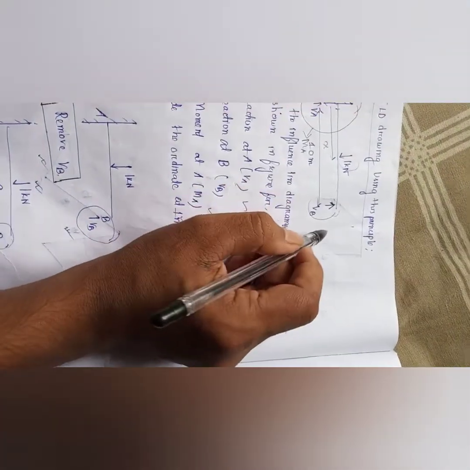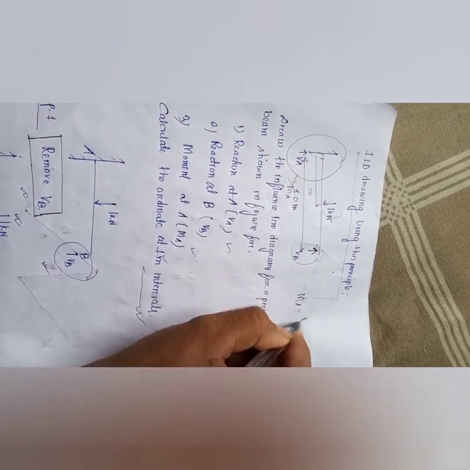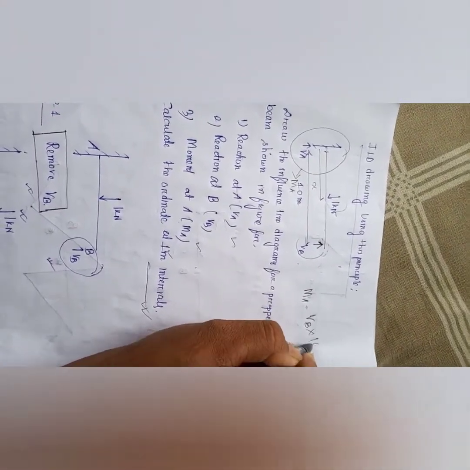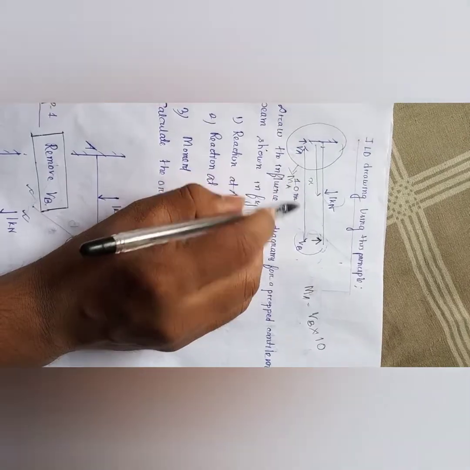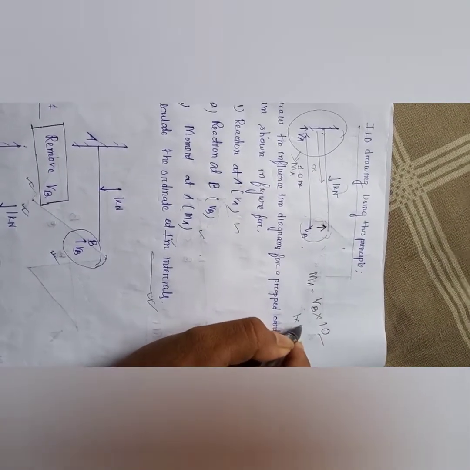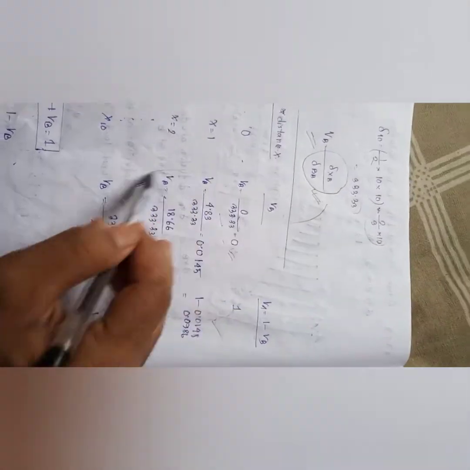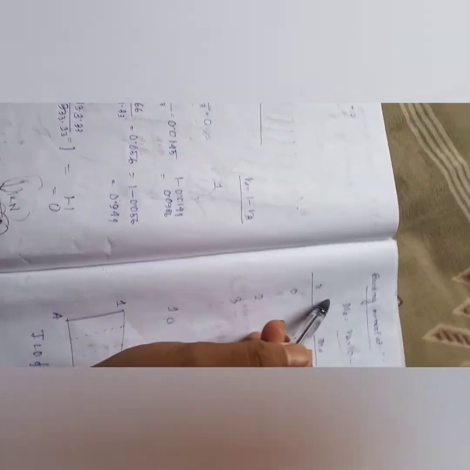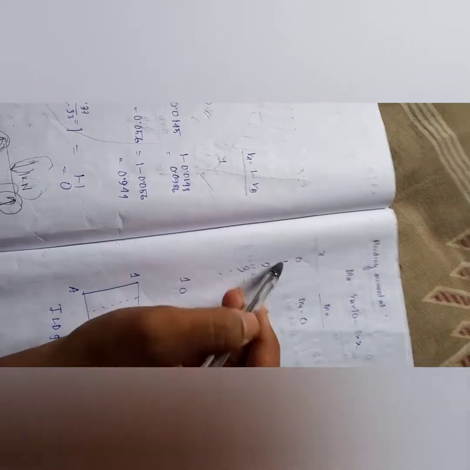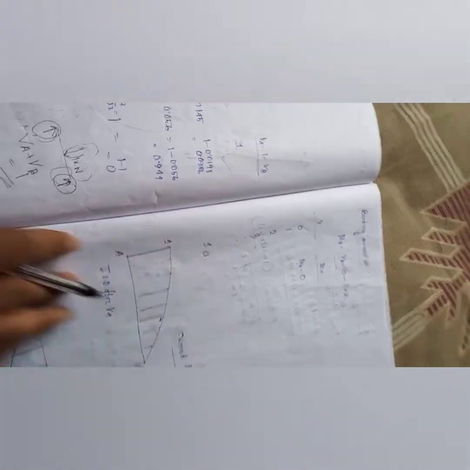That's why it is the value of x, right? x equal to 0 to 10, and BB is upward. So what will be MA? MA equal to BB into 10, what is the distance from BB? The whole portion, that is 10, minus 1 into x. Okay, so here I have written the formula BB into 10 minus 1 into x, and I have found the value of BB from here. Just put these values here, BB and x equal to 0, 1, 2, 3. So for each and every interval I can find the value of MA, right?